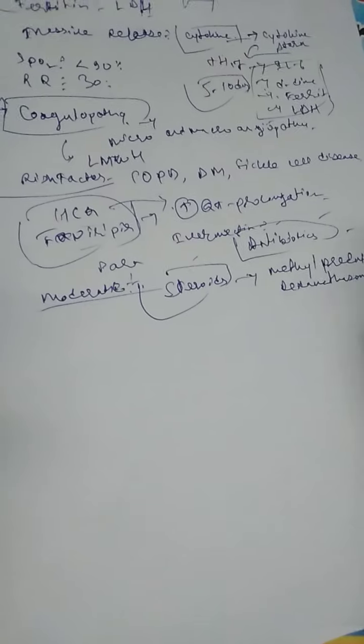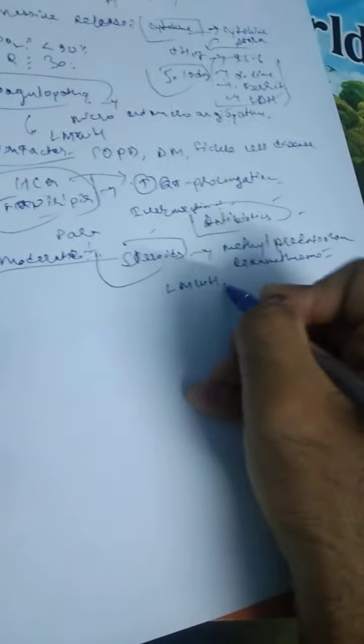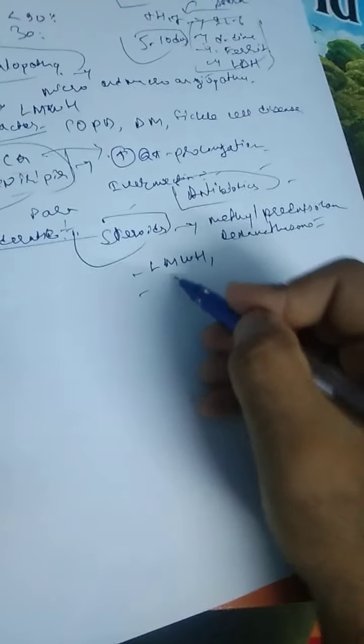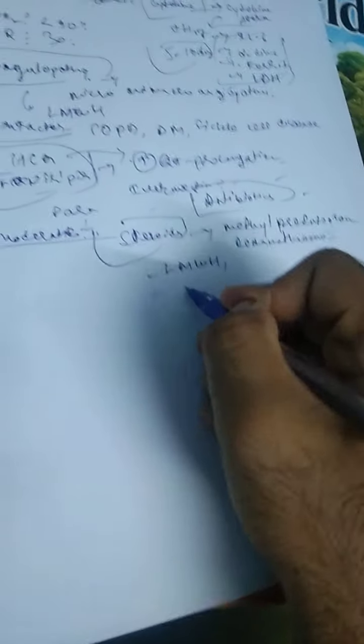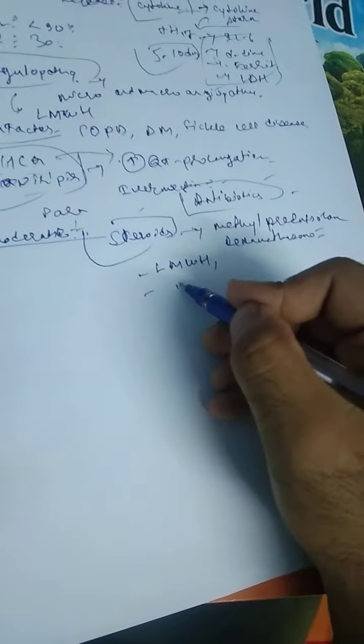Dexamethasone is generally used. Dexamethasone is 6 times more potent than methylprednisolone, so we can give it. And along with this, because of coagulopathy in COVID, we can give LMWH or enoxaparin. Along with that, we can also give antibiotics. Broad spectrum antibiotics, meropenem also, and